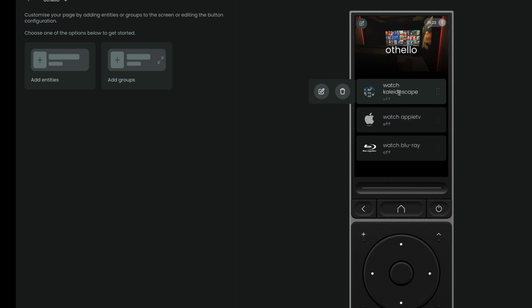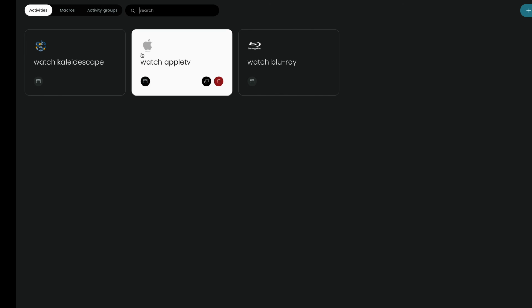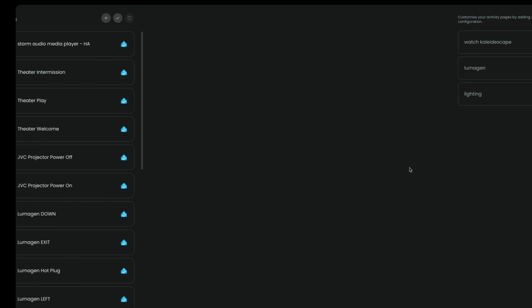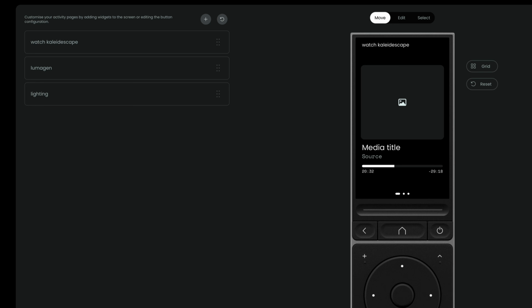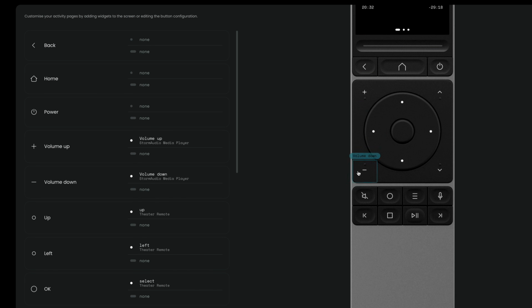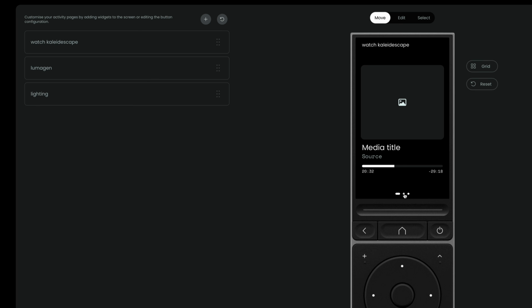So let's look at my activities. Again, when I come downstairs and I pick up the remote and I click Watch Kaleidoscape, 9 times out of 10, or even 49 times out of 50, that's all I ever do. Because then once I'm in the activity, my remote has whatever's playing back on the Kaleidoscape here. It has control of the volume and the Kaleidoscape navigation. And then it also has